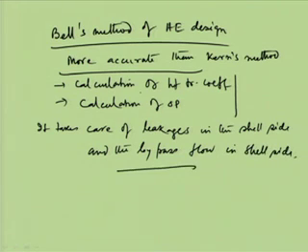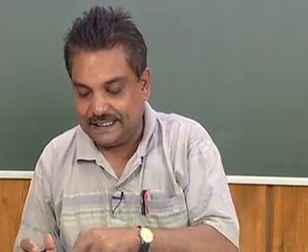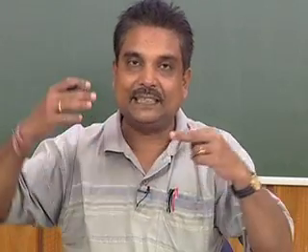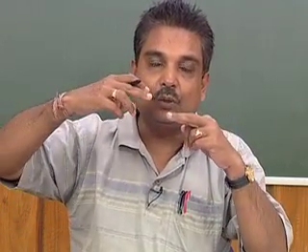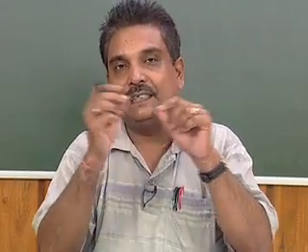So, it is a refinement of Kern's method, taking care of these two things in the shell side. Leakage can happen between the tube holes and the baffles, that is, tubes passing through tube holes in the baffles. These leakages are there, and also the bypass flow because of the segmental cut. More details can be found in volume 6 of Coulson and Richardson.